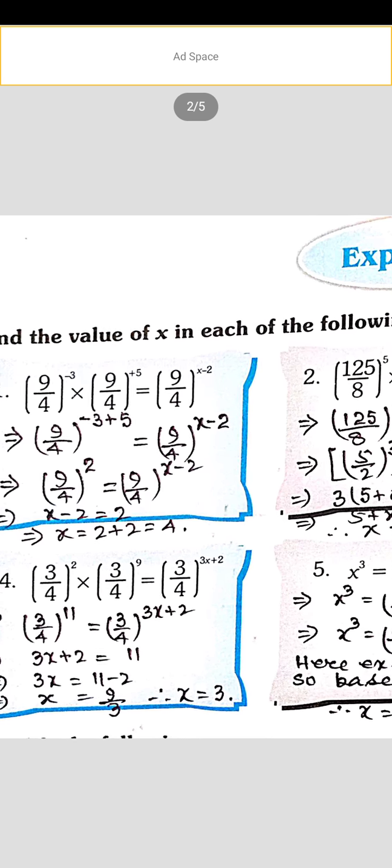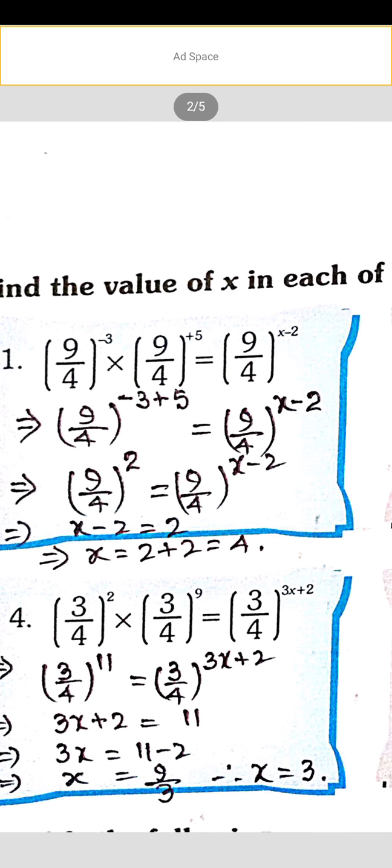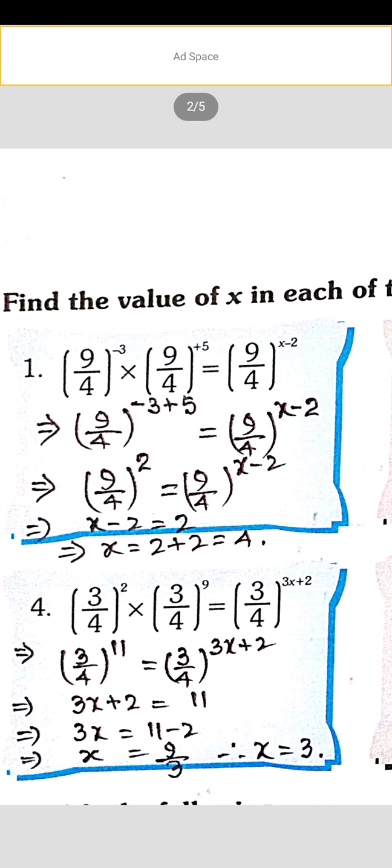Question number 1. (9/4)^(x-3) multiplied by (9/4)^(x+5). In LHS the bases are same and there is a multiply sign between them, so add the exponents. So it can be written as (9/4) raised to the power x minus 3 plus x plus 5. Minus 3 plus 5, that is 2. So it can be written as (9/4) whole square equal to (9/4) raised to the power